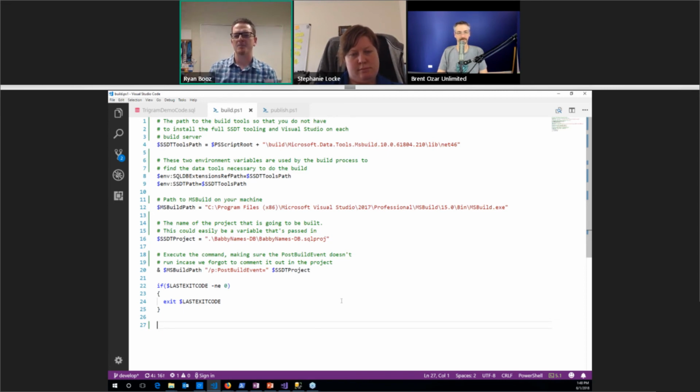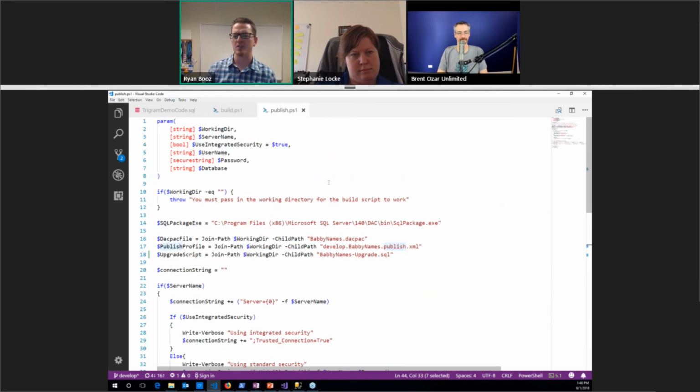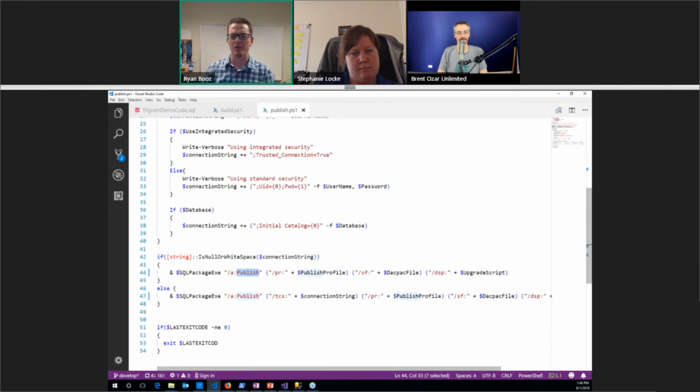And then the same thing, and again, this will be included afterwards. Same thing, I can say, once I have that, here's how to publish it using SqlPackage. I'm passing in a few parameters to SqlPackage. I know there's a more efficient way to do this, by the way, but there are literally hundreds of these you could pass in.